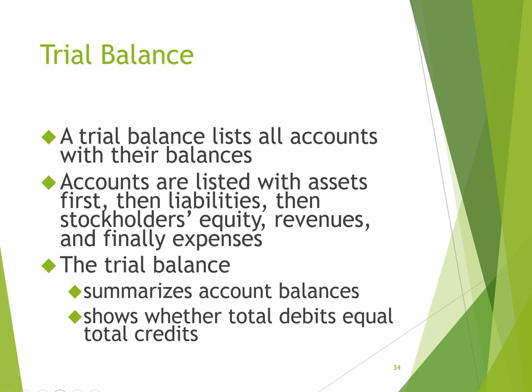Next, trial balance. So trial balance is basically a summarized statement of all the accounts with their balances. Whatever is the leftover balance with each and every account, you just form a statement out of them, which is called a trial balance. You write down on the top the heads: particulars, debit and credit, and whatever balance. Suppose in the capital account there is a credit balance, so you will write the amount in the credit column. The debit side, cash, you write the amount. So accounts are listed as assets, liabilities, stockholders' equity, revenue, and then finally expenses. It is recorded in this form.